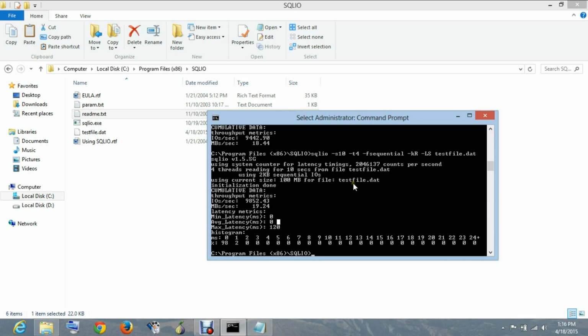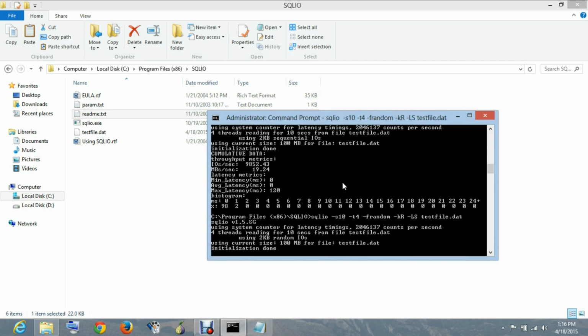Now if you keep increasing the number of threads beyond a certain point, if you increase the block size, if you increase the number of IOs, latency will increase. Now till now we have kept the numbers very low, so that's why the latency is so low, but latency does tend to increase with increased parameters. Let's see with the random access what latency we get.